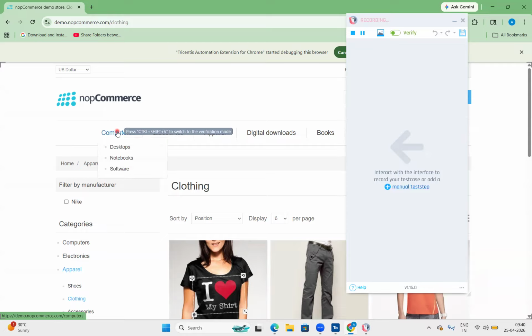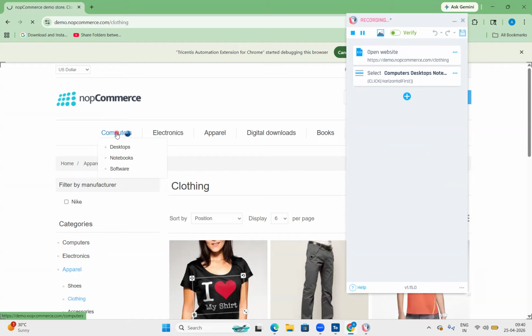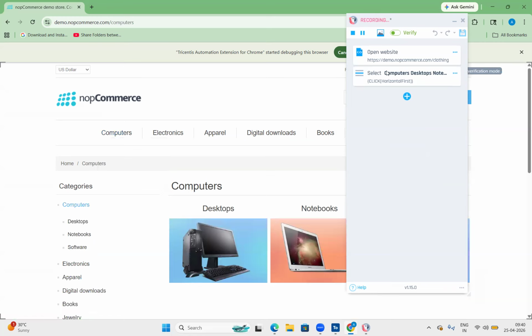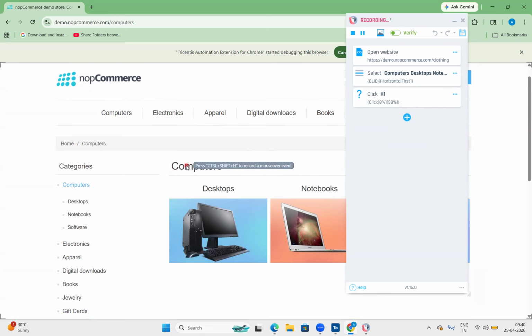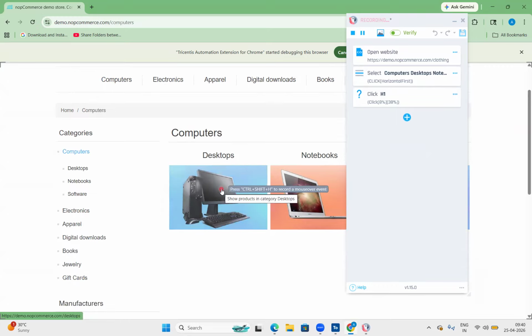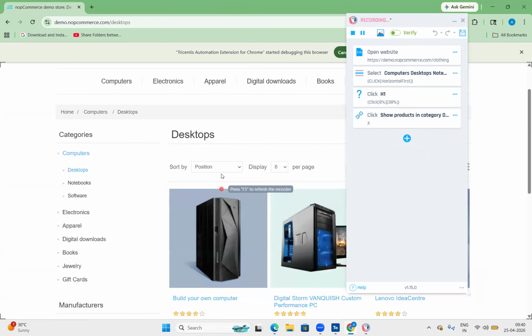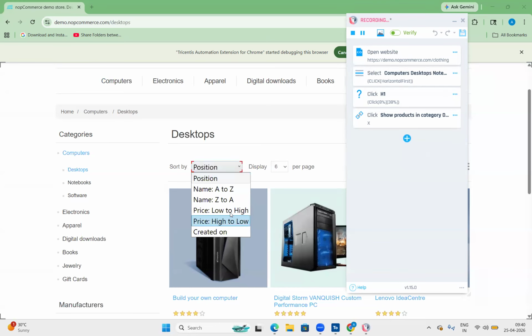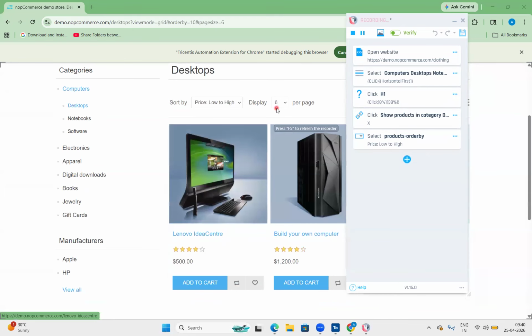1 second. I just want to click on this particular Computers. Once you click here, automatically it adds the URL along with this computer related step. Everyone able to see? Next, I want to perform this computer click. Again, it captures this computer click related properties. Later, I'm clicking here the Desktops. Click on this desktop. The desktop properties are added. Later, I'm just clicking here position. In this position, I'm just choosing low to high. Then the properties are added.